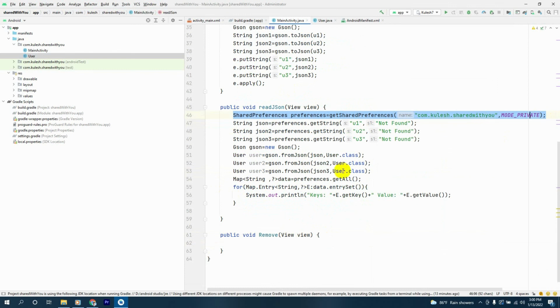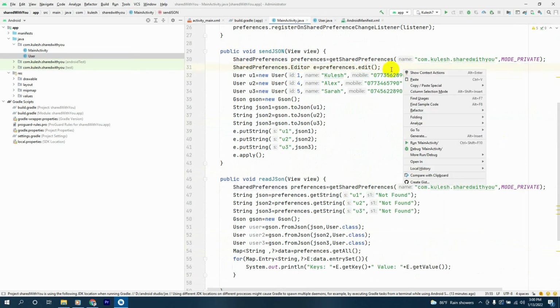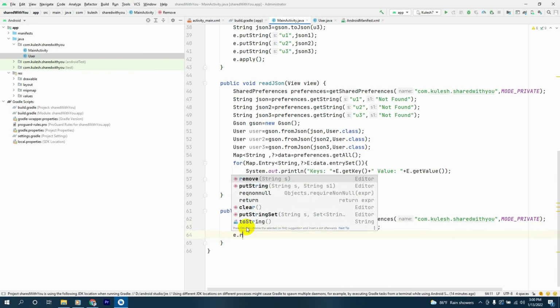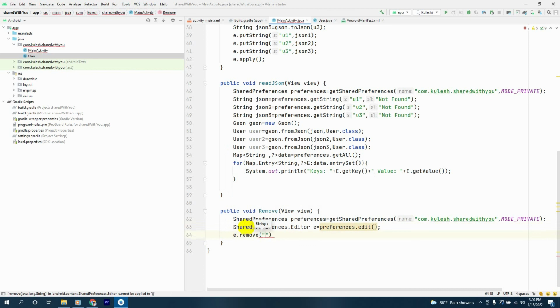And let's copy this line from here and paste it here, and this line also we paste it here, and after that we say editor dot remove, and we remove u1, remove u1, and we'll have e dot remove u2 as well, and e dot remove u3,